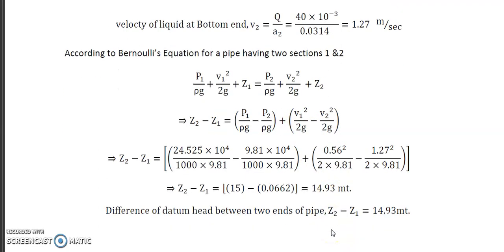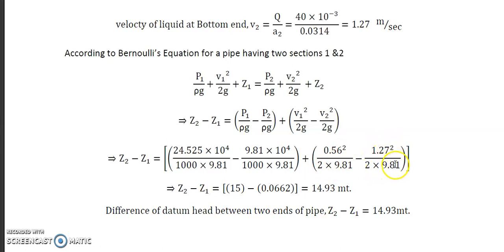So here all the data is given. P1 is given, that is 24.525 into 10 to the power 4 by density of the water 1000, g is 9.81, minus P2, which is given as 9.81 into 10 to the power 4 Newton per meter square, then 1000 into 9.81. So here the pressure, and here the velocity is given: V1 is 0.56 square by 2 into 9.81, minus V2 square, 1.27 square